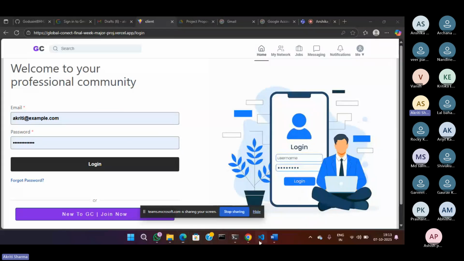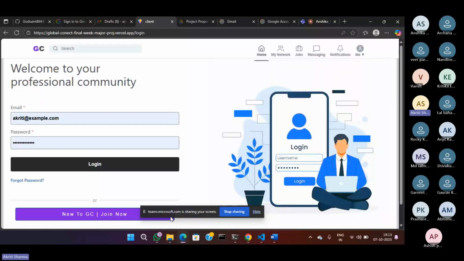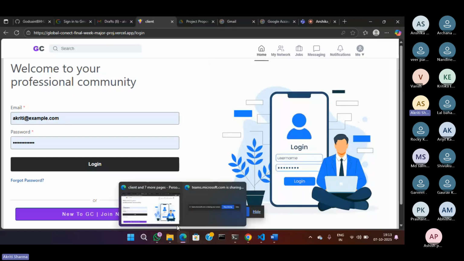And if we go to the code part, Arijit, Prasad and I manage the backend section, and Nandini, Rocky, and Assis manage the front end section. So, firstly, they will explain the code of the front end, and then we will explain the backend part. So, Nandini,